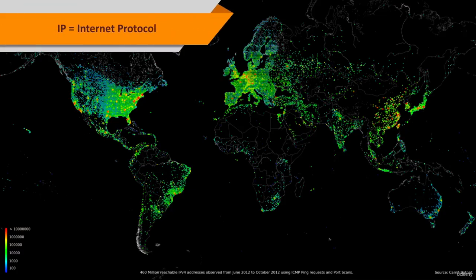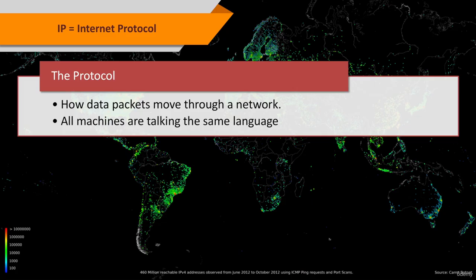So I know we're going to talk about this in detail later, but we'll talk a little bit now about IP to better understand the Internet. Internet Protocol, IP, describes how data packets move through a network. So when you have a protocol, you are sure that all machines on a network, or in the world when it comes to the Internet, however different they might be, speak the same language and can integrate into the whole framework. The IP protocol standardizes the way machines over the Internet or any IP network forward or route their packets based on their IP addresses.